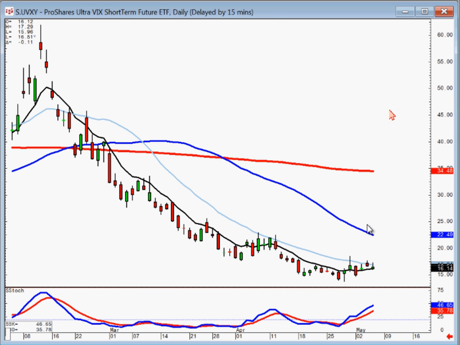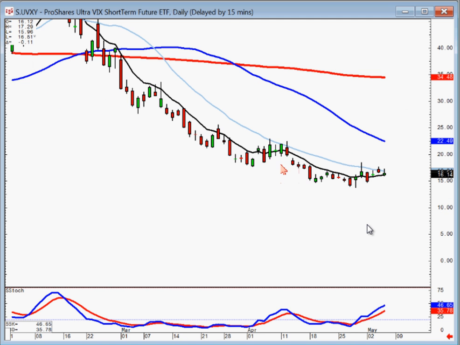UVXY. Slow fry pan bottom. Be a toughie to trade, but you can see it's starting to slowly curve back up. Val, it all depends on what time frame you have. If you have time to sit in front of the computer, yeah, day trading obviously is going to produce a much